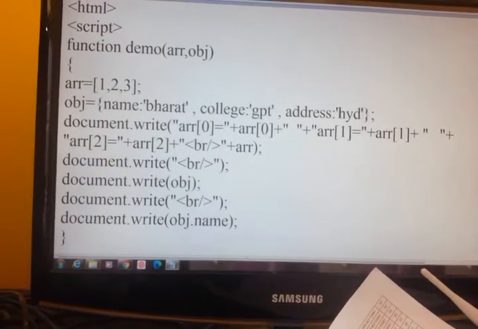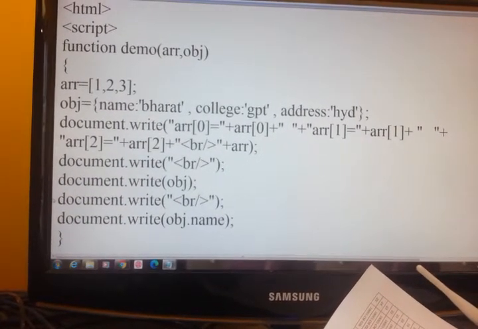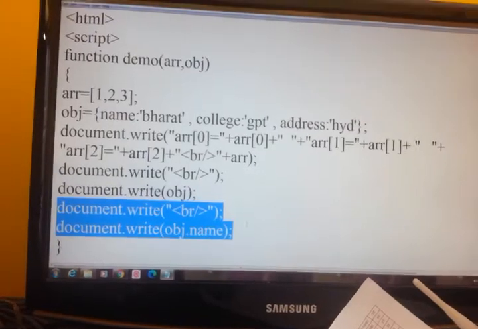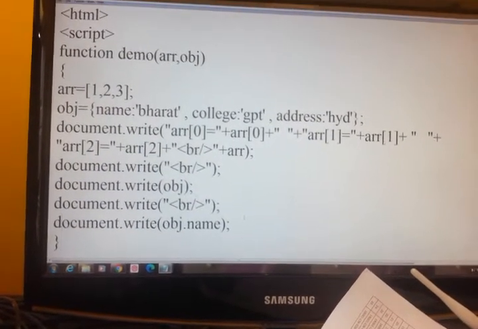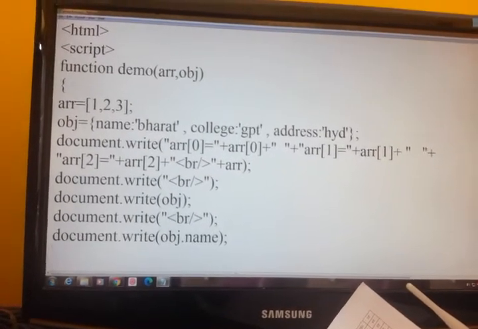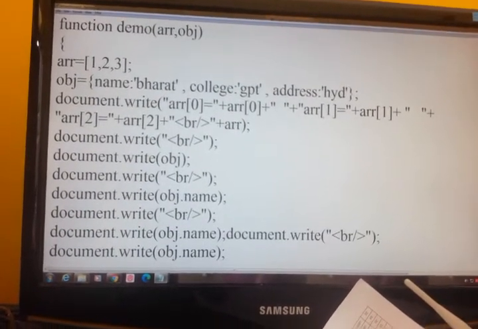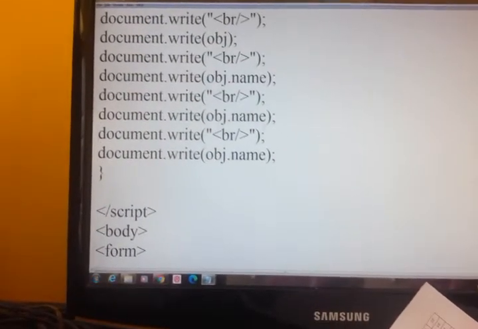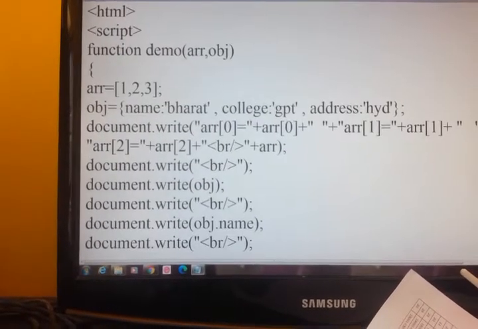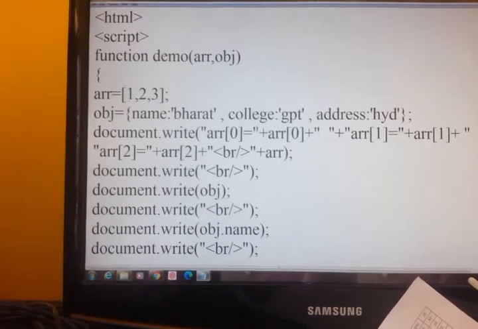We'll just print all those things. College and address I am printing.